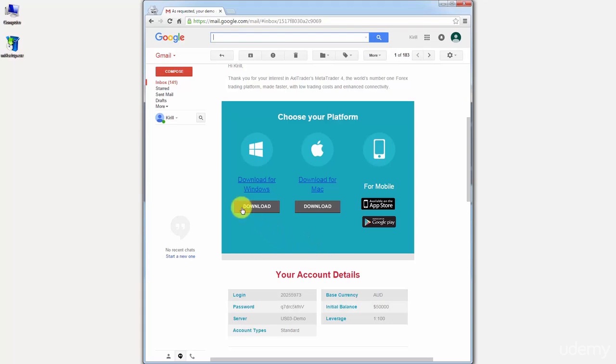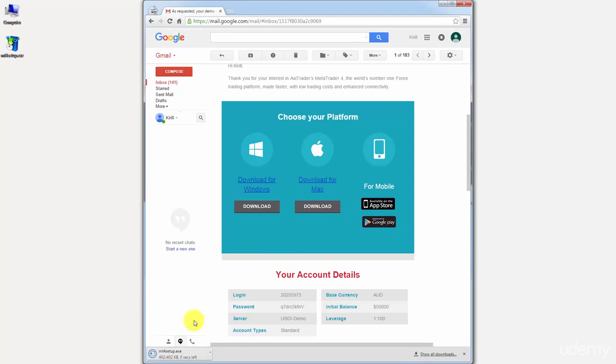In this course, however, we'll be using the Windows version. You can go ahead and use either version, whichever one is suitable for the machine that you're working on, but I'm using a Windows machine, so I'm going to download this Windows version. So as you can see, the file is downloaded over here. It's a very small file, and that's because it's just an internet installer, so it'll download more files as we proceed with